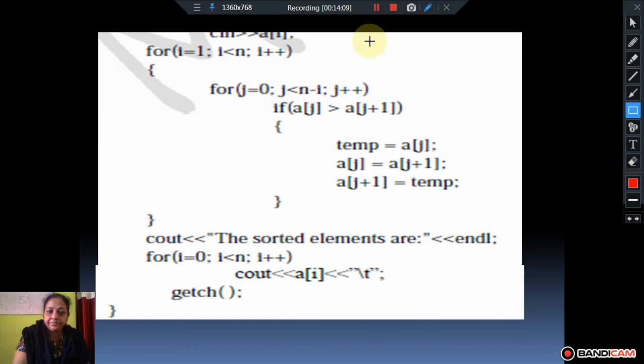So let's take an array with n equal to 4. The index always starts with 0.